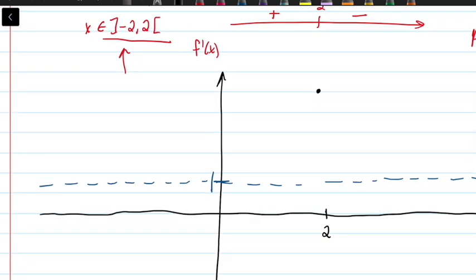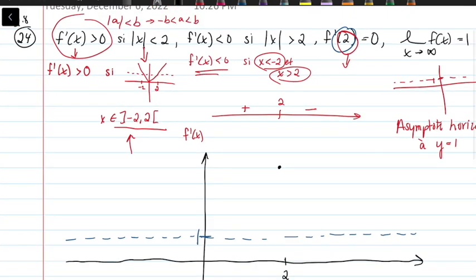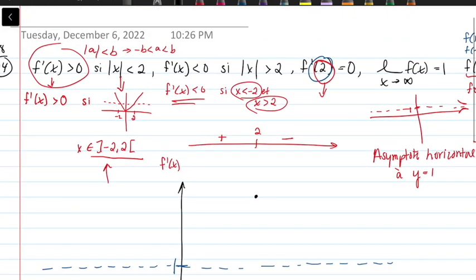Then, what else do we need? Okay, so we know that. Next,